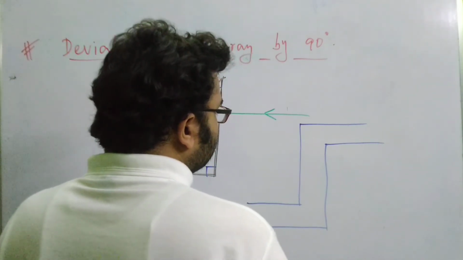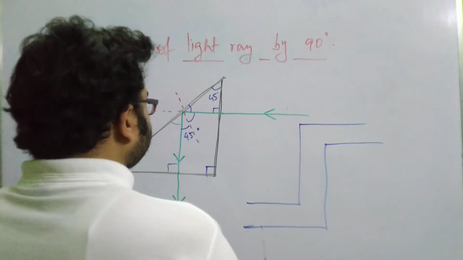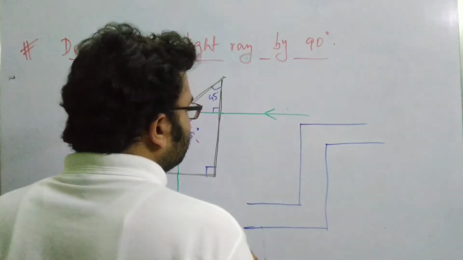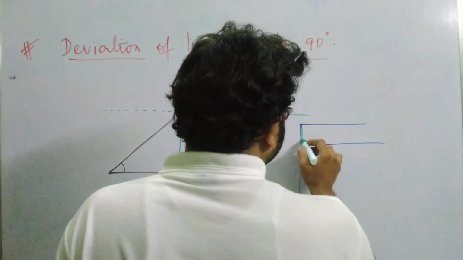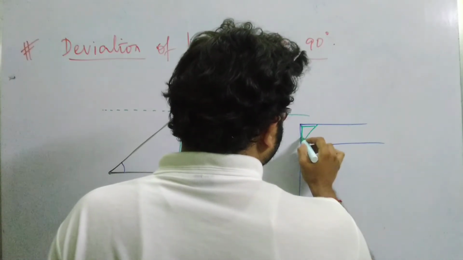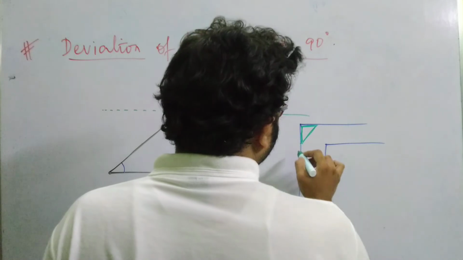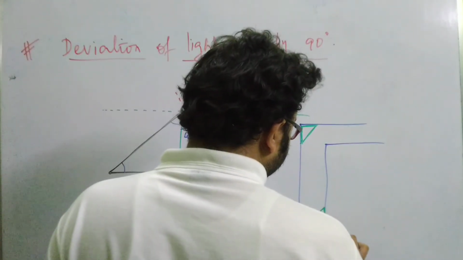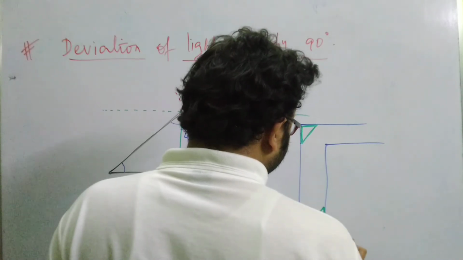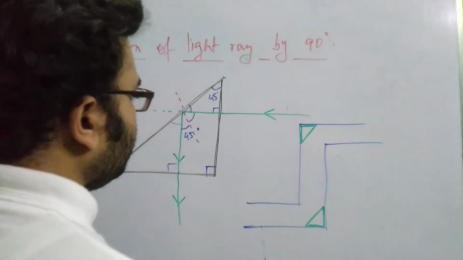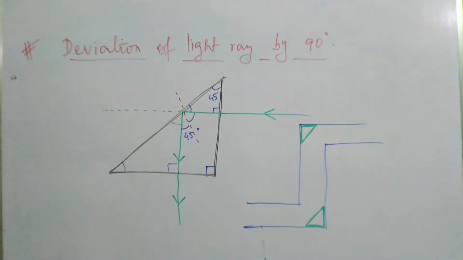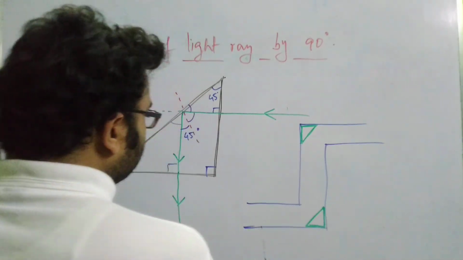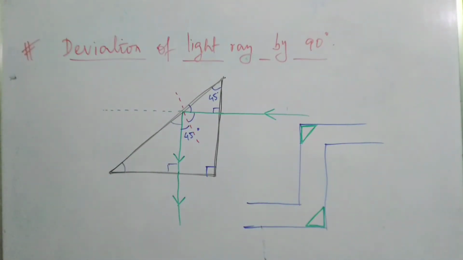So in a periscope, we use a total reflecting prism. In this fashion it is used here. And again at this position there is also a total reflecting prism. So there are two total reflecting prisms, and these prisms deviate the light ray by 90 degree, and after two 90 degree deviations they again move in the same direction. Okay, fine. So this is the application.